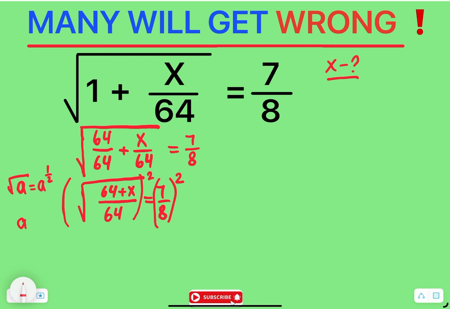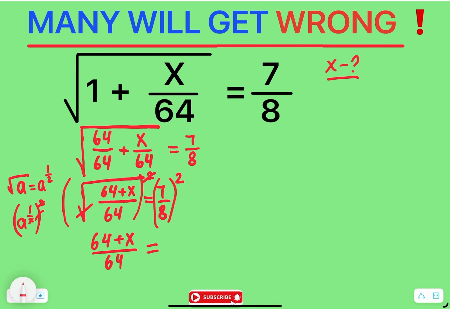So if we make a to the power of 1 over 2 squared, we can multiply these exponents and these 2's will cross out. That's why if we have square root squared, we can cross out this radical sign. We will have 64 plus x in left side over 64, and in right side we have to